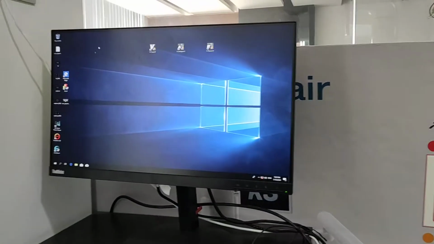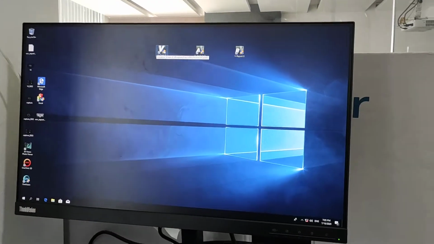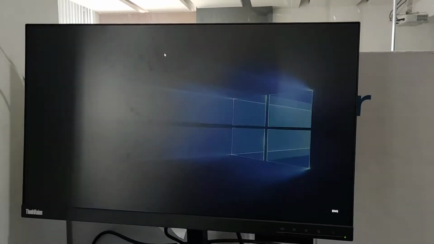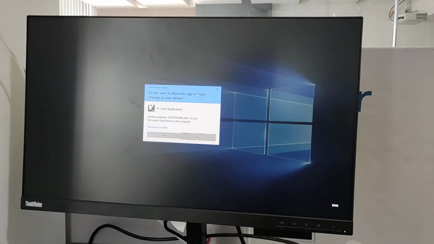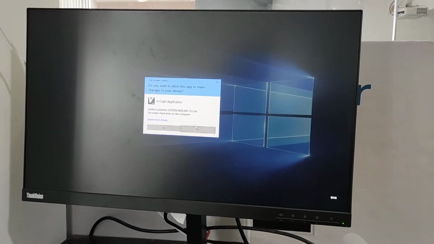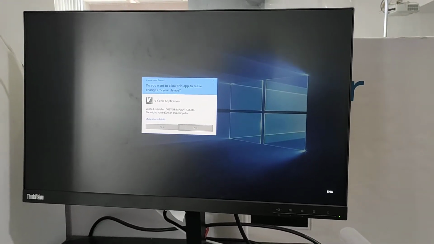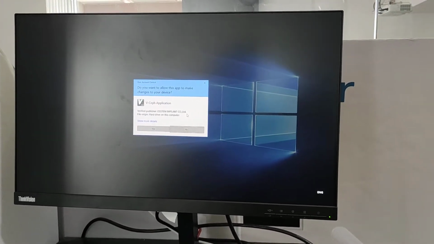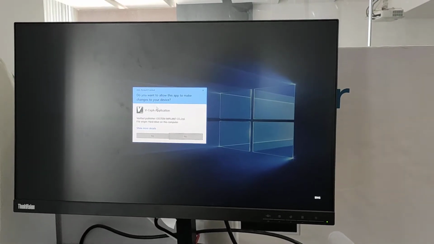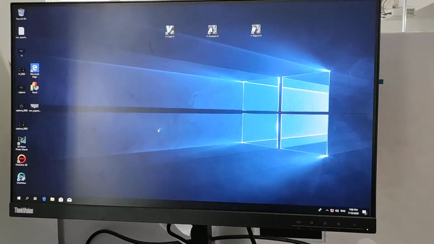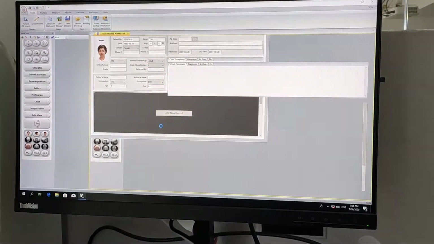Once the key is attached, you just double left click on the particular icon, and the computer will prompt you with this window. This window says the software publisher is Osstem Implant Company Limited, and asks do you want to allow this app to make changes? Every time you have to just click on yes, and it will start loading, and then the